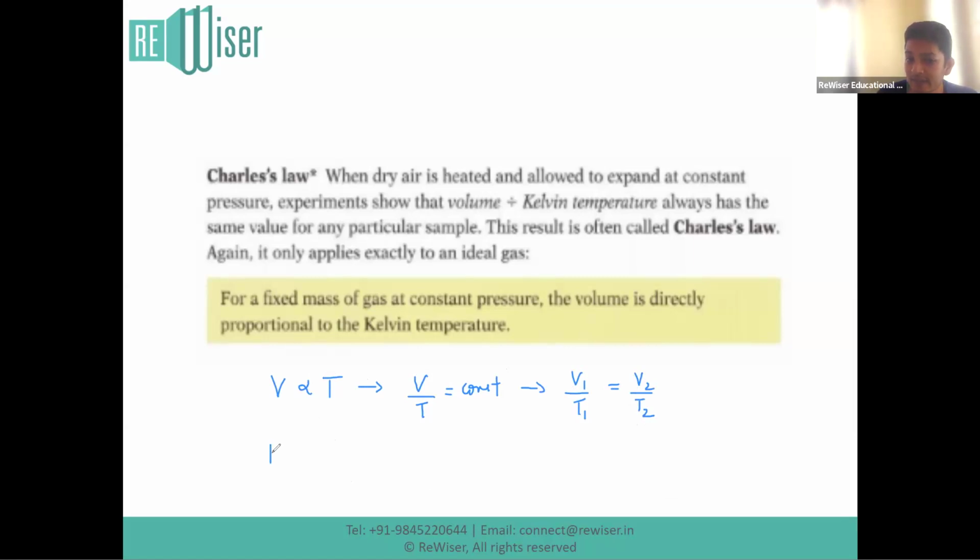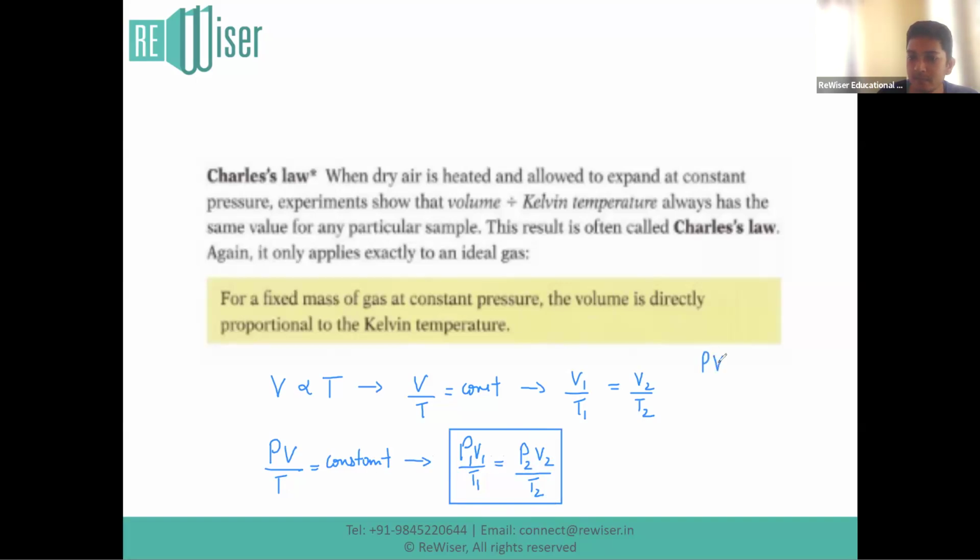If all three are varying, then pressure into volume over temperature will be equal to a constant. This is called the ideal gas equation, which you will learn about in higher classes should you choose to continue with physics. It can also be rewritten as P1 V1 by T1 is equal to P2 V2 over T2. This formula applies if and only if all the three quantities are varying. Whereas you have